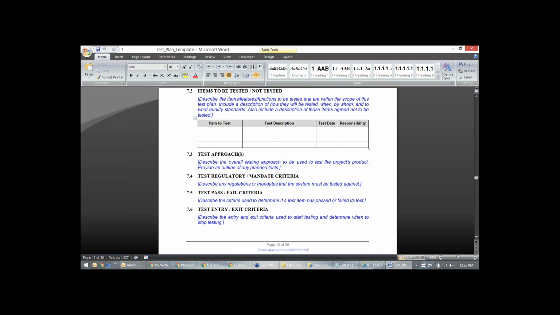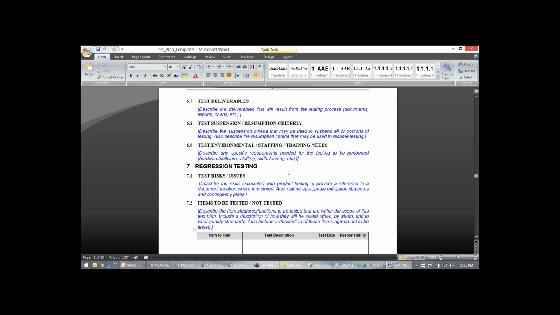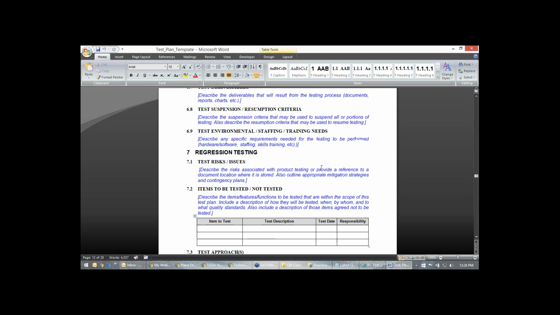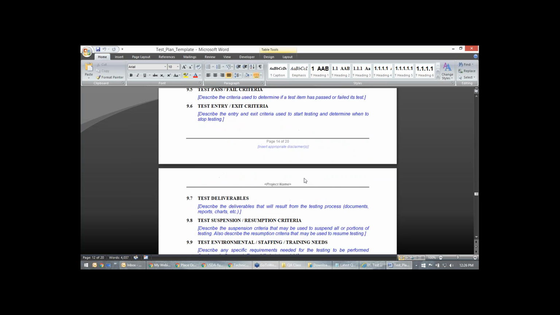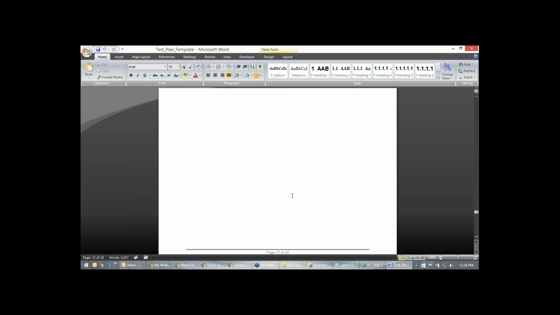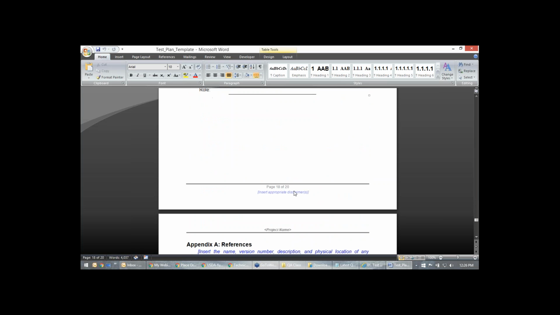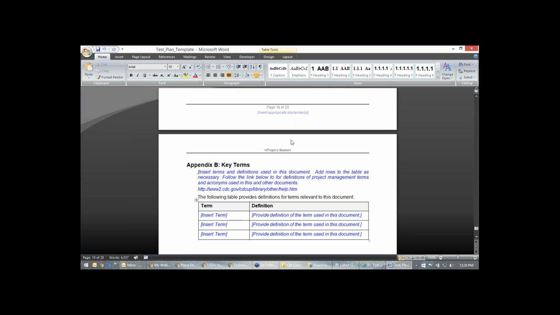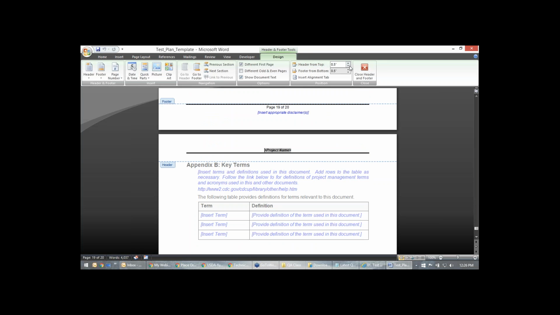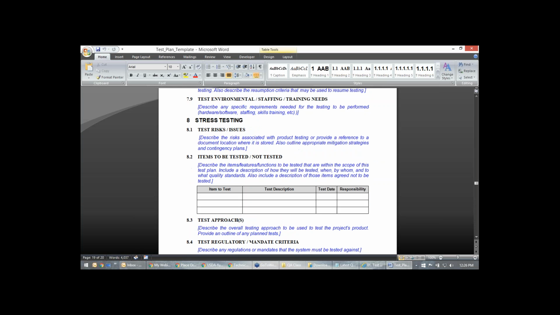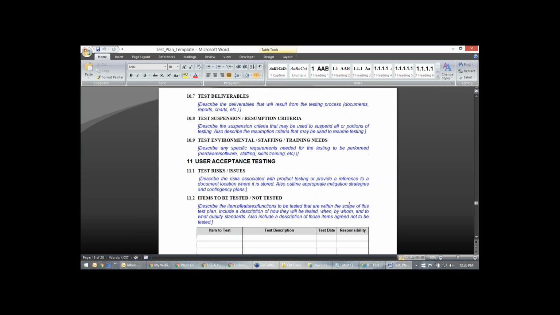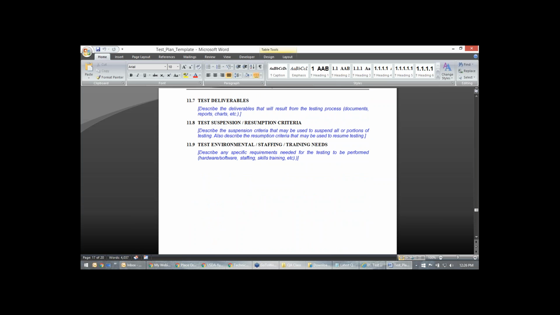And if they say, okay, no, load test is not needed, we are not bothered about that, then you will be removing that. So this is a very good example template for a test plan. Okay, so this is how you can use it. Just make sure you change all this information. Project name GMO Online, you can add that, and then you can just use it. So that is the test plan.